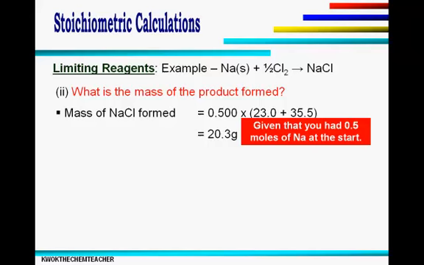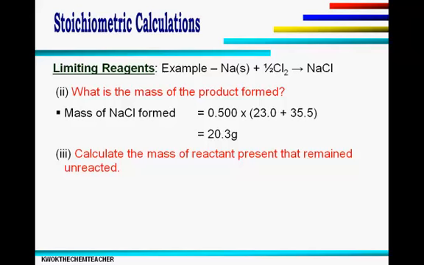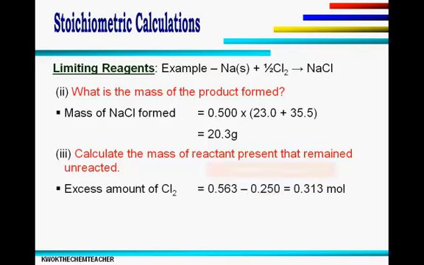Do note that you know that 0.5 moles of sodium was given at the start, and sodium is the limiting reagent. You are therefore able to calculate the mass of the reactant present that remains unreacted. So the excess amount of chlorine will be the 0.563 moles of chlorine that you have, minus 0.250, which is the amount of chlorine reacted. That will give you